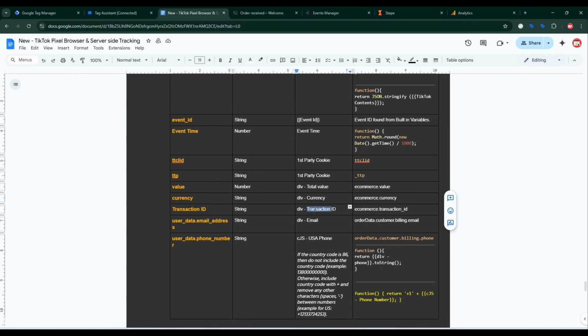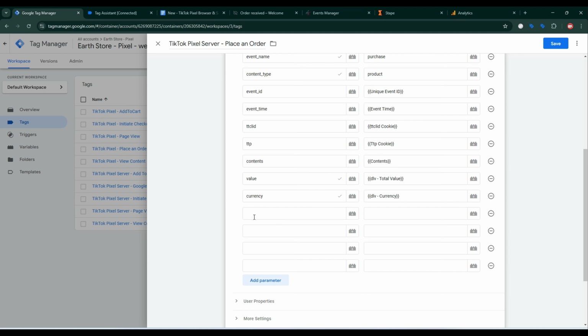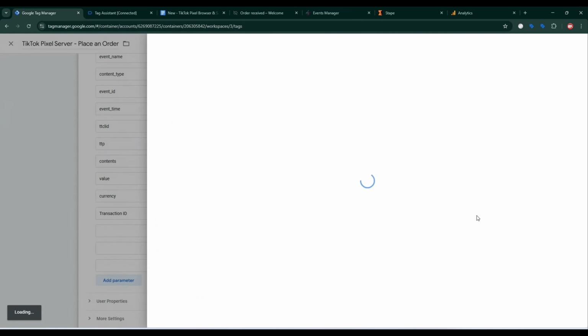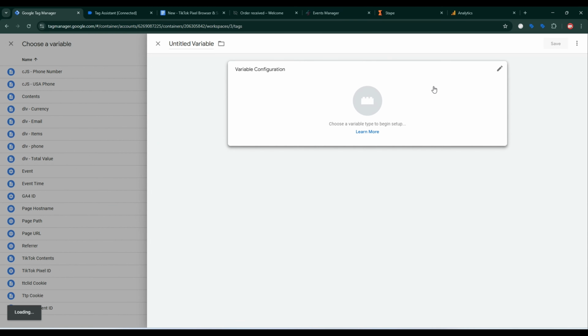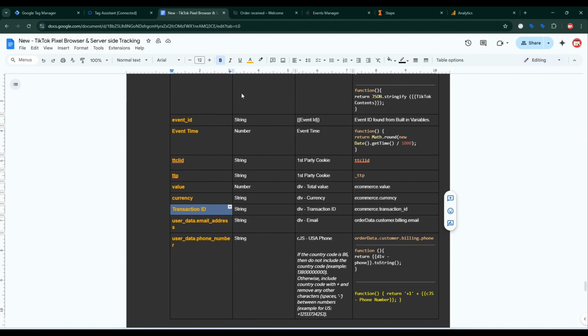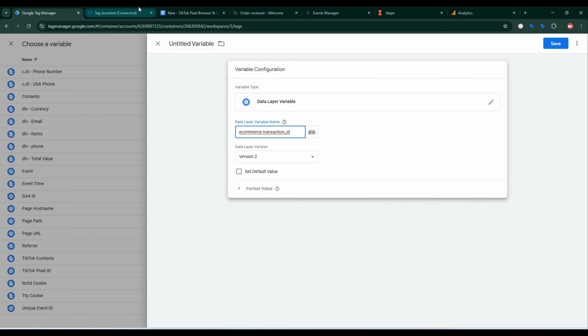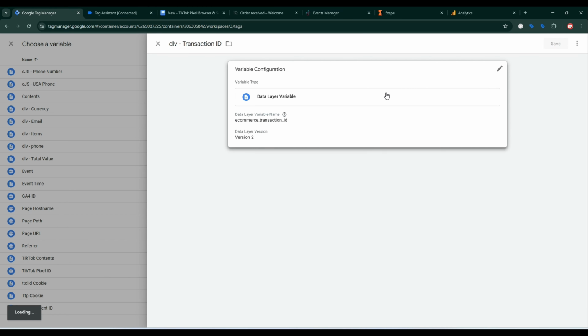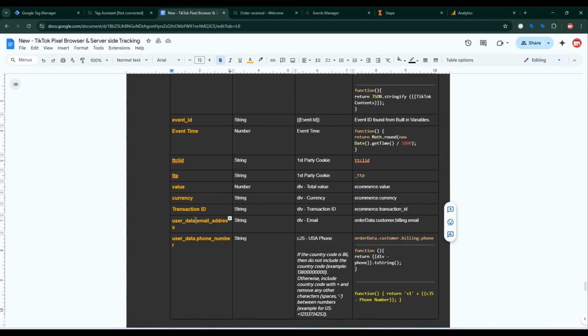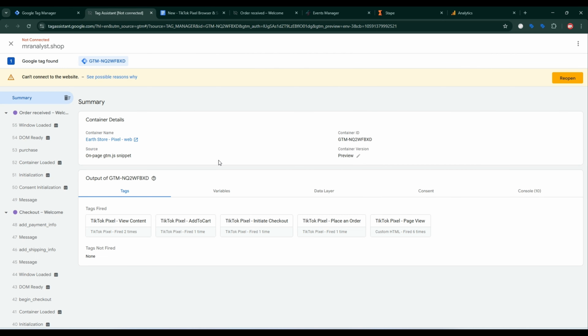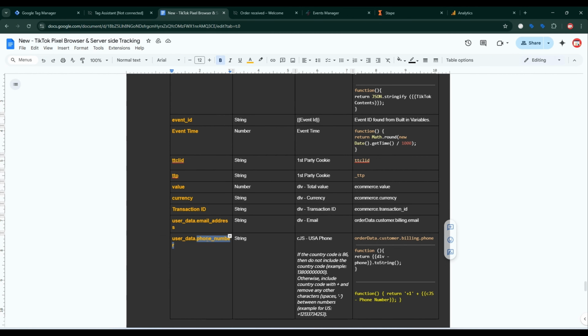Back again, transaction ID. Copy this and paste here. And again click on the plus sign and select data layer variables. I need to copy this and paste here. Then copy this tag name here. Then click save. Now I need to send email, your email address, then your phone number,